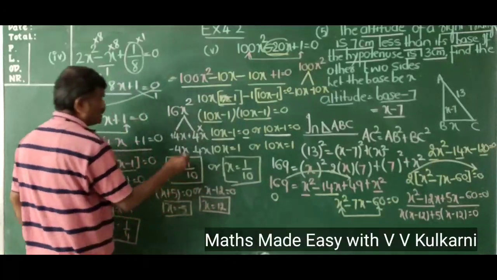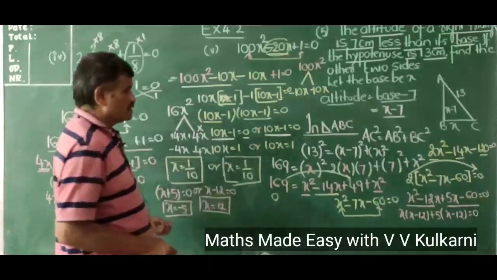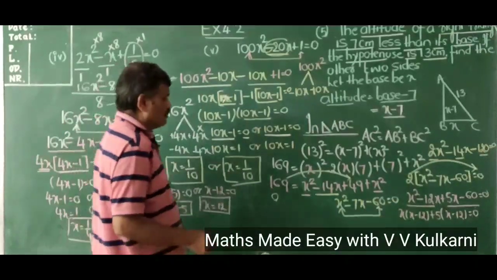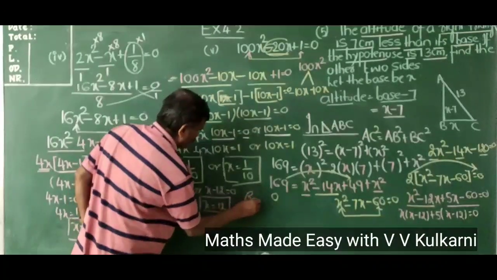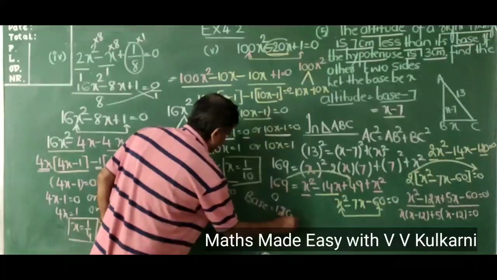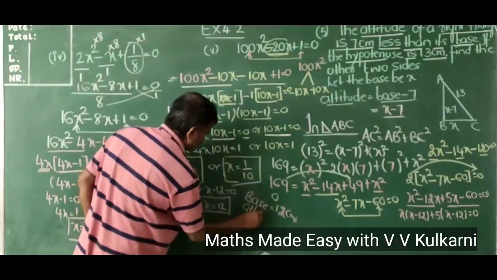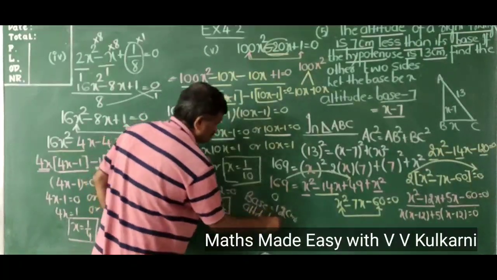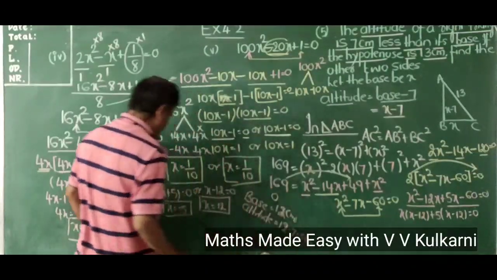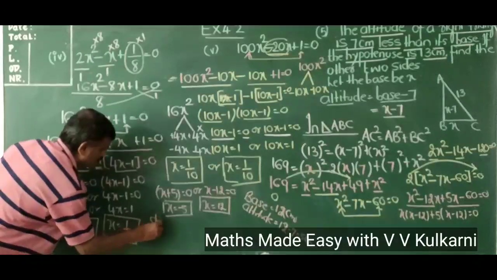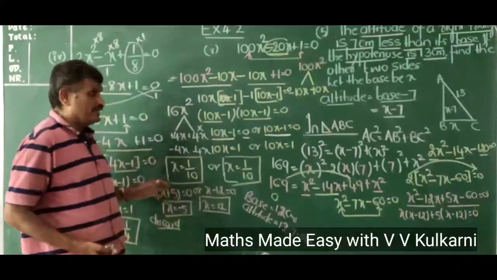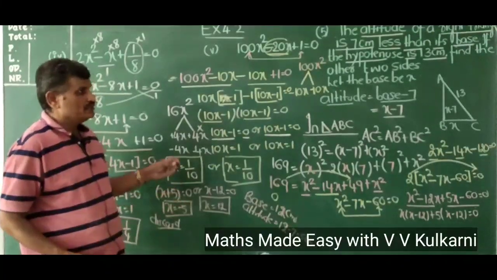Now children, nobody in the question has asked you the value of x. We found the value of x for our convenience. So we have to report back that the base is 12 centimeter, and the altitude will be 12 minus 7, which is equal to 5 centimeter. And dear children, we have to discard the negative value here because x represents the side, and the side of a right angle triangle cannot be negative, hence we are discarding it.